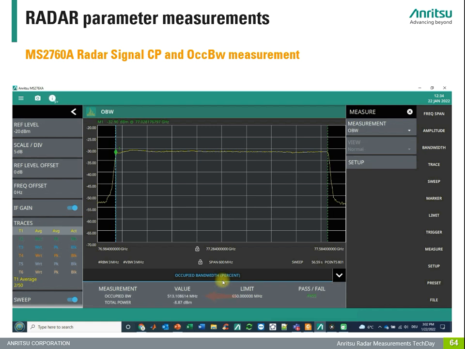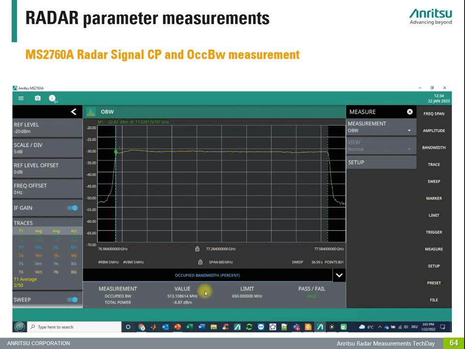So a complete sweep has been passed, and we are getting here as a result an occupied bandwidth of 513 megahertz, and we are getting a total received channel power of minus 8.87 dBm, so approximately minus 9 dBm. The measurement distance between the MS-2760 including this dielectrical lens antenna towards the radar is